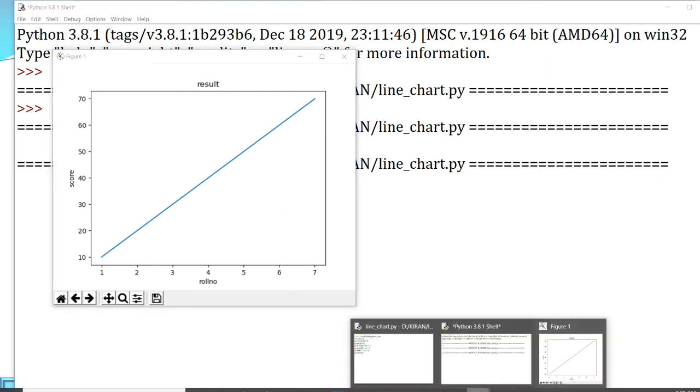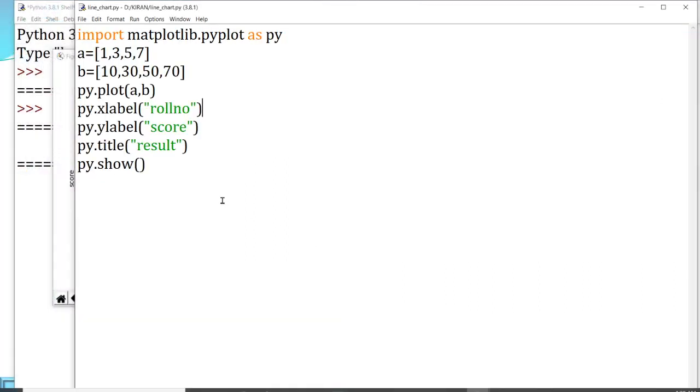Now, if you want multiple lines, clear? In that case, what you have to do is specify two other different lists for plotting another line. Clear? So I am taking the variable x, so x equals to 2 comma 4 comma 6 comma 8. So this is the value along the x-axis. Another value I am taking is suppose 20 comma 40 comma 60 and 80. Clear? I am taking these values.